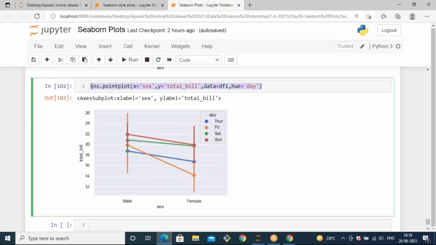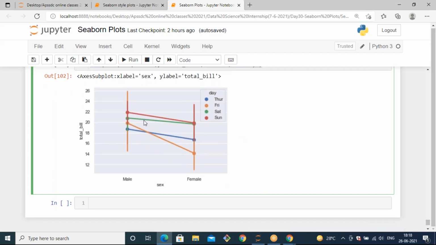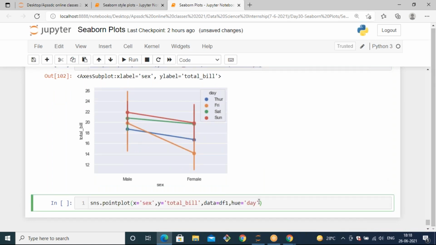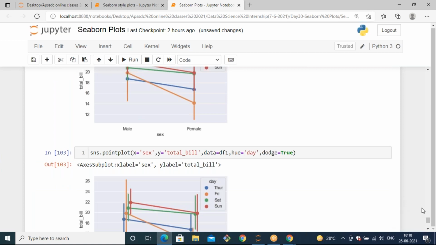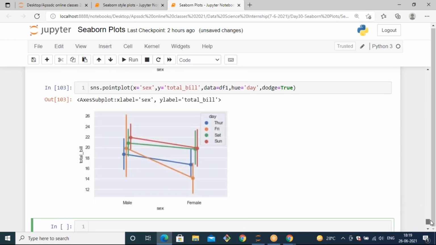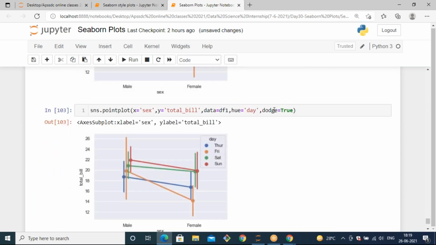We have one more parameter. When you point out something, it will generate lines, and along with the lines it will point out the intervals. If you don't want those lines, you can use one parameter, that is dodge equals true. You can separate the points by passing the dodge parameter.